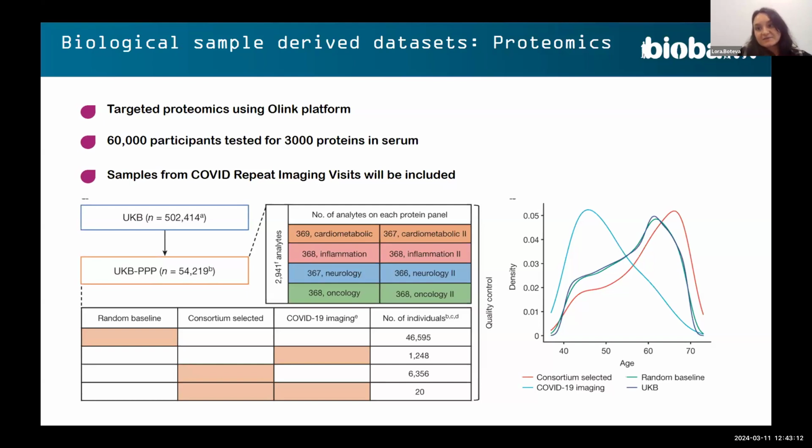A dataset that has been very popular with researchers is the proteomics dataset. So this is again a targeted method that looks at the levels of 3,000 proteins in serum, and that was performed for about 60,000 participants. Going back to the longitudinal aspects of the dataset, samples from the COVID repeat imaging visit that I mentioned earlier